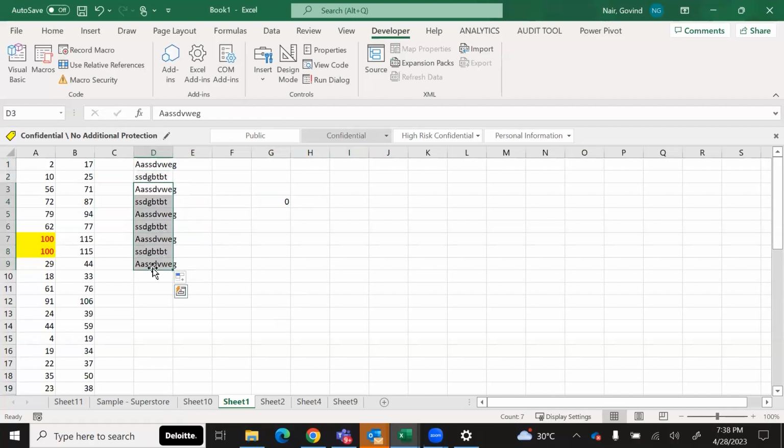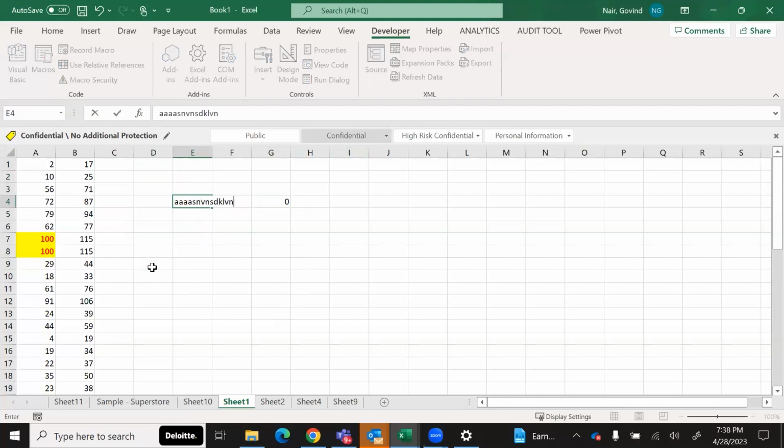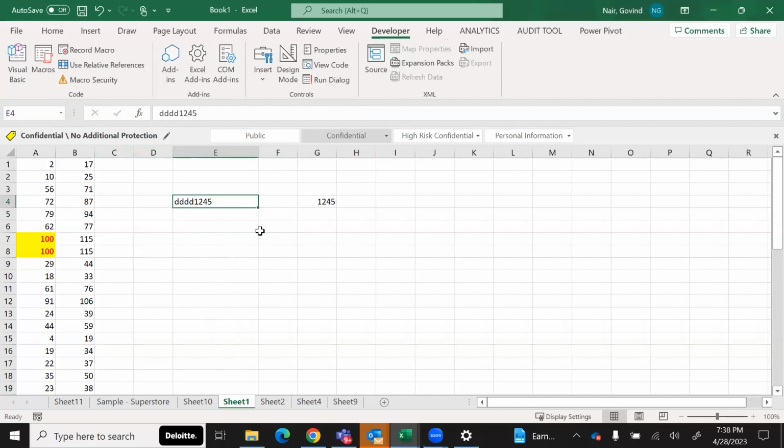Okay. Now let's say I have a bunch of characters and I have a bunch of numbers in it. Then one bunch of characters and a bunch of numbers. Let's see. This is what I'm trying to supply. Too many characters. Yeah. So in this case, when I'm putting in characters and numbers, it would then strip out just the numbers and